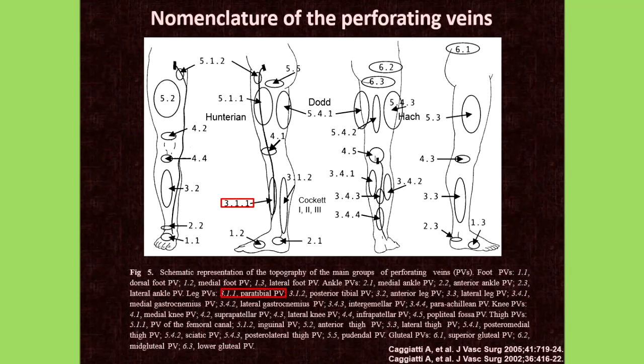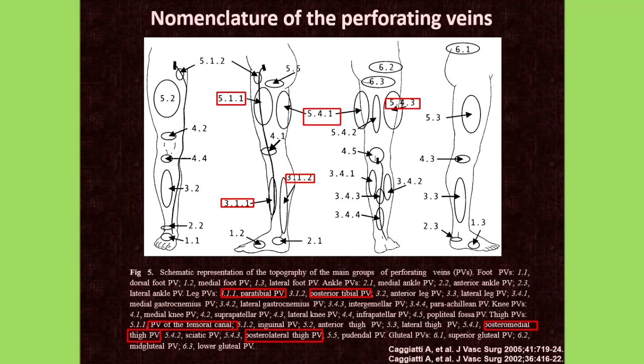Cockett's perforators, just to the left of that, are gone, and now become the posterior tibial perforator vein, upper, middle, and lower. The Hunterian perforator, or the Dodd perforator, that's gone and becomes the posterior medial thigh perforator vein. Boyd's anterior is gone and now becomes the perforator vein of the femoral canal. And finally, on the right-hand side over there, that Hach perforator is gone and, as I said, becomes the posterolateral